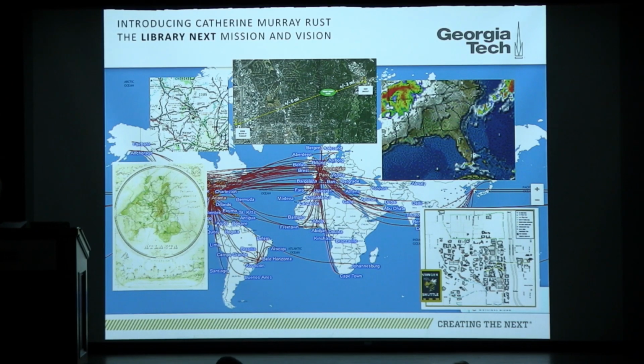I have a full-page bio of Catherine, which I will spare you because many of you know her, and the rest of you can look that up online. Suffice to say that she has led the team that made this library service model possible. Because as she told me, the architect, it's not about the building, it's about access to the collection. That's what a library is. So without further ado,